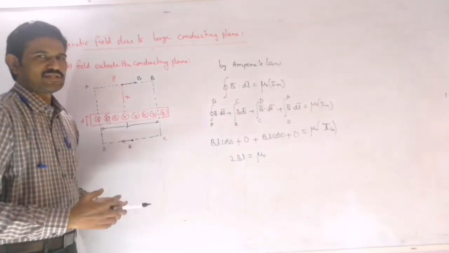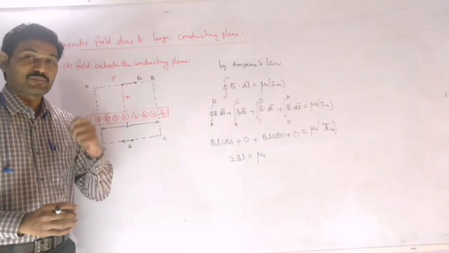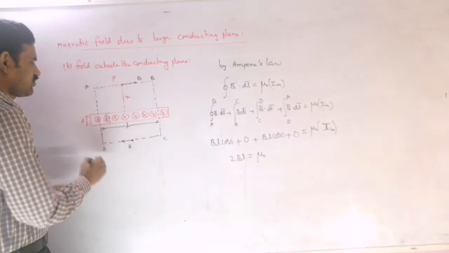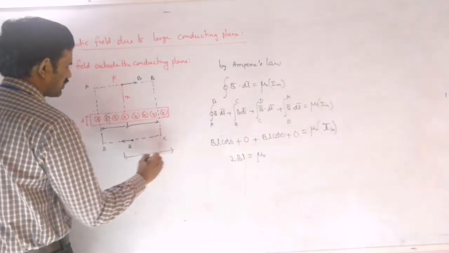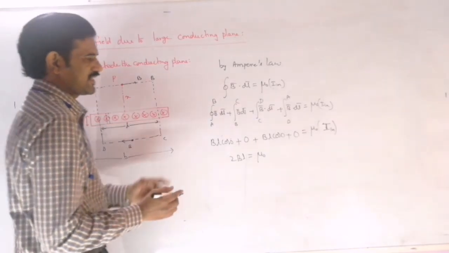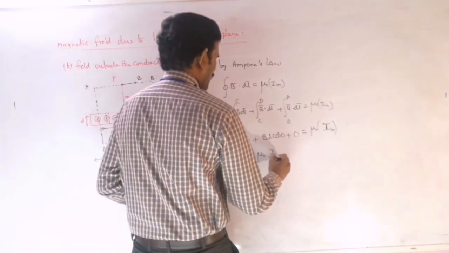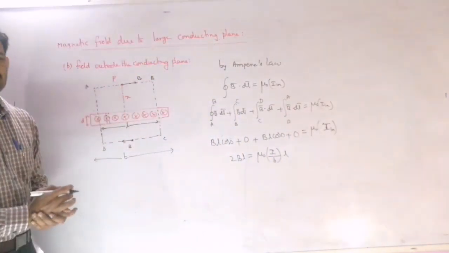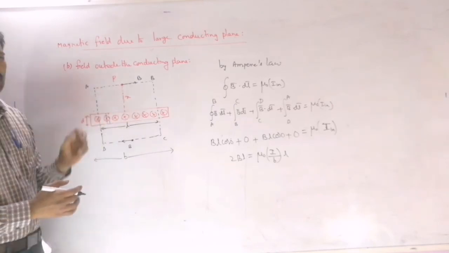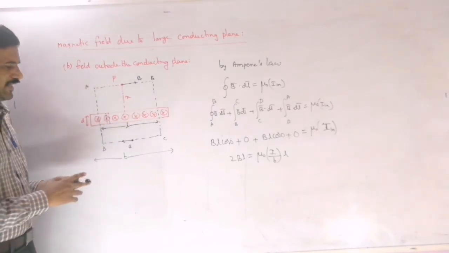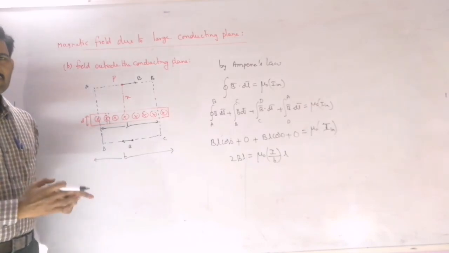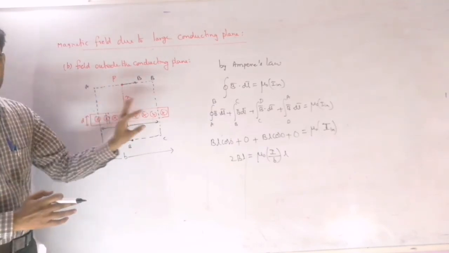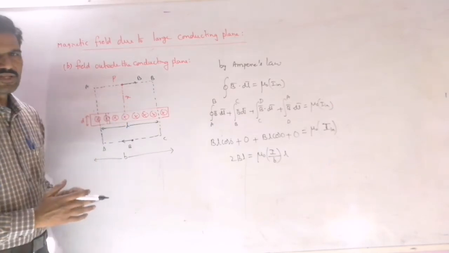Generally, for these external points the magnetic field is expressed in terms of current per unit length. So if I is the total current distributed over a total width of b, if I consider here this total width of the plane, then I can write this expression as I by b into L. This is now the current flowing inside this Amperian loop. Observe this carefully. I by b means current per unit length, or current per unit width of this plane.